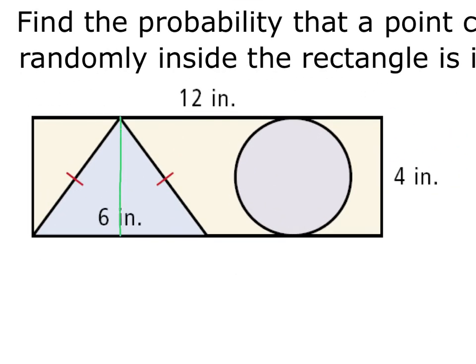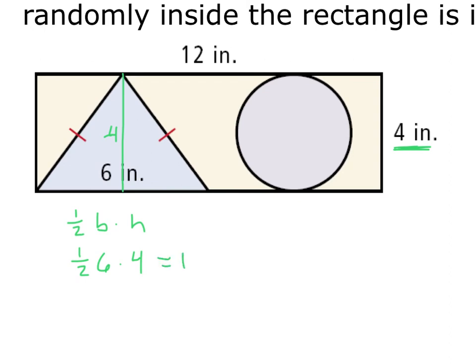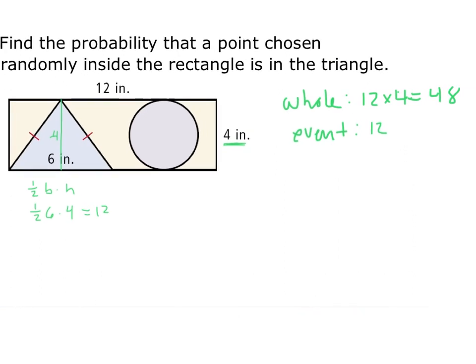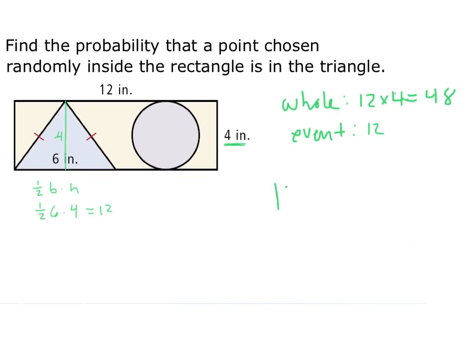So we need our height of the triangle, which is 4. I got that from this height. And our base is 6. So we do 1/2 base times height, 1/2 times 6 times 4, which gives us an area of 12. So our event is 12 and our whole thing is 48. This simplifies to